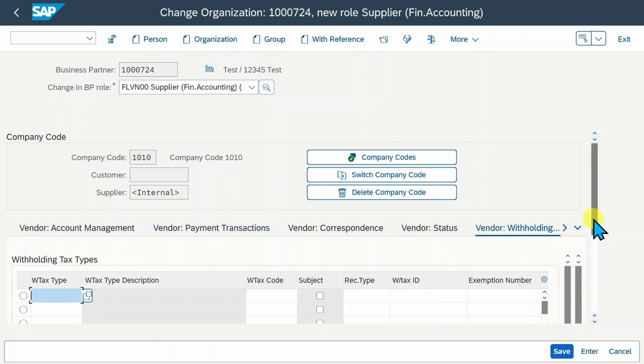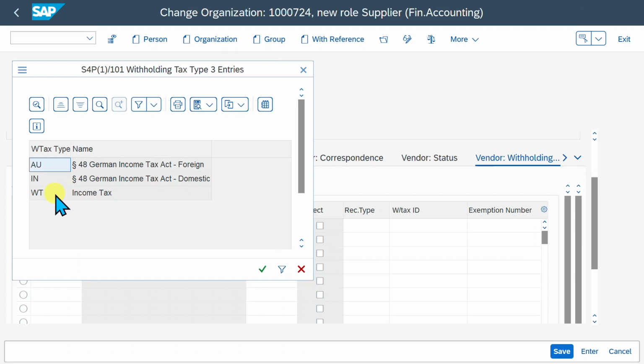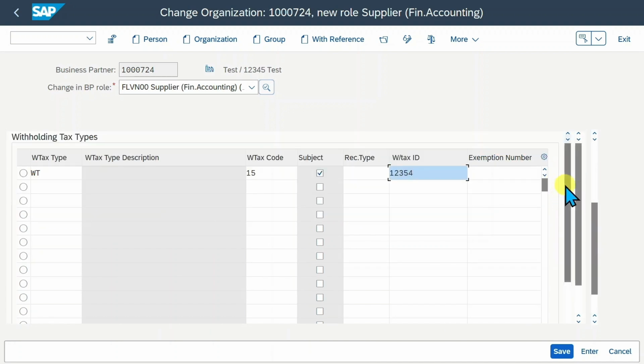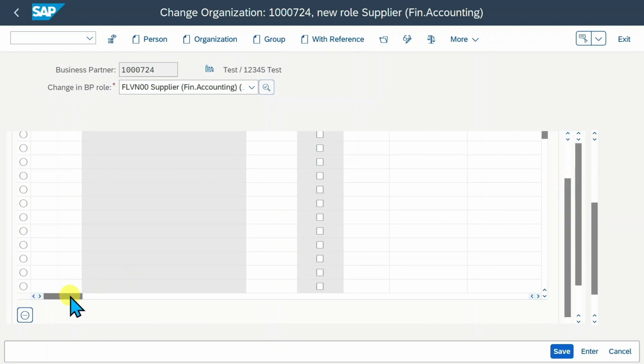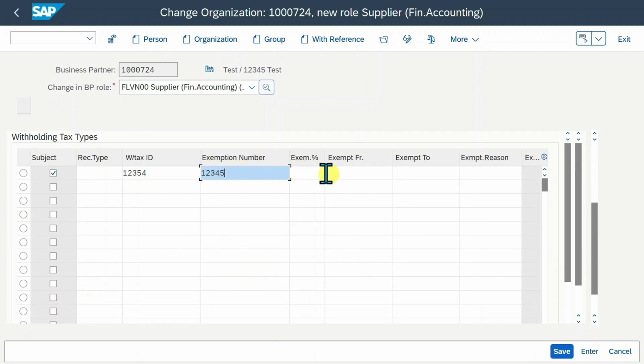And over here, we can now fill the information. Let me just scroll down a bit. The withholding tax type. We will take our own one as an example. Then the withholding tax code. Then we will say that this vendor is subject to withholding tax. Then we have a withholding tax ID, which is a free text field. And now it's quite unhandy over here. We need to scroll down a bit and then to the right and then up again. We can include here also the exemption number